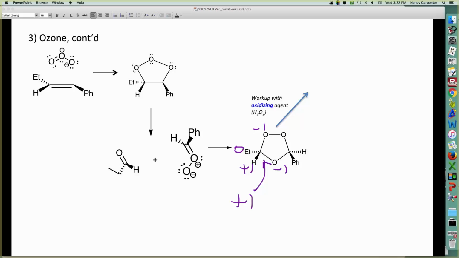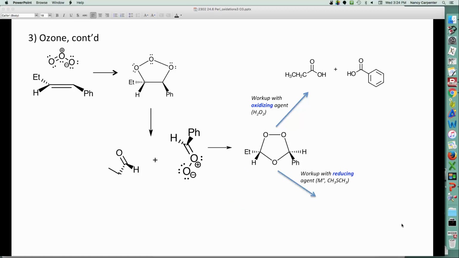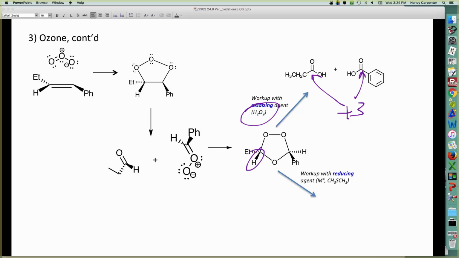If I work it up with an oxidizing agent and replace that hydrogen with an oxygen, then I'm going to go all the way up to oxidation state +3. So by using an oxidizing agent, hydrogen peroxide, this guy gets further oxidized all the way up to